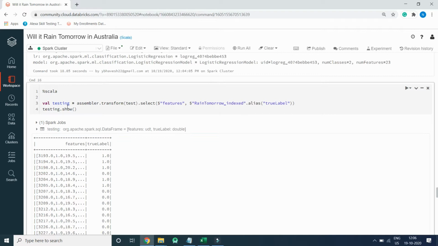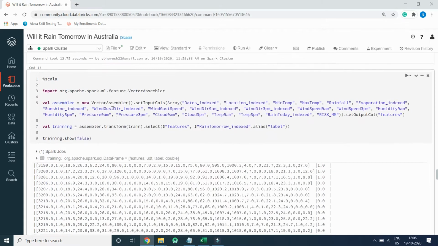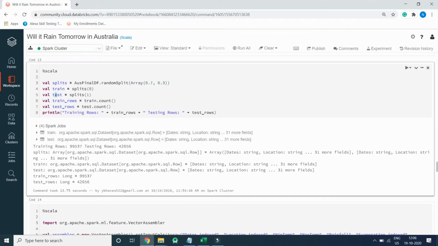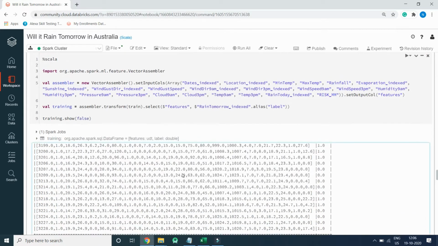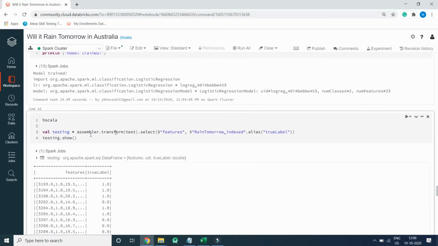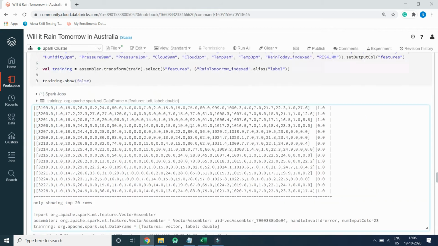So val testing equal to assembler dot transform test, which is the 30% of data. Here we have created the 30% of data. So here test string dot select feature. Feature is the collection of these columns.